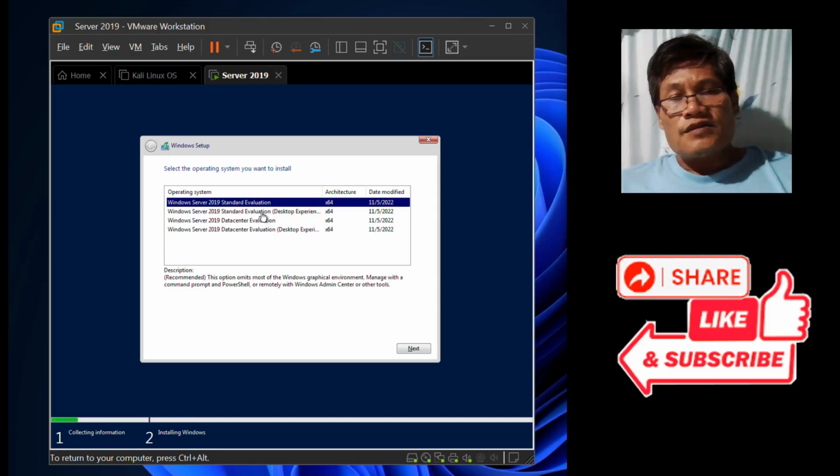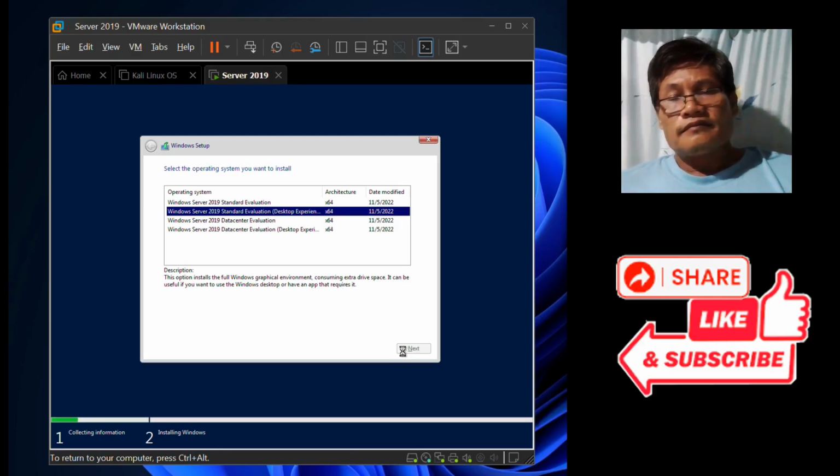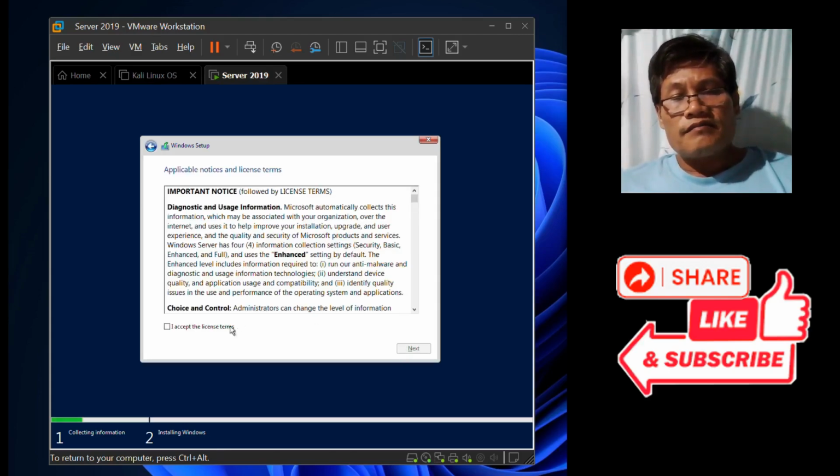So I'll be using the second one, Windows Server 2019 Standard Evaluation Desktop Experience. So click the next button. Then I'll accept the terms. Click next.